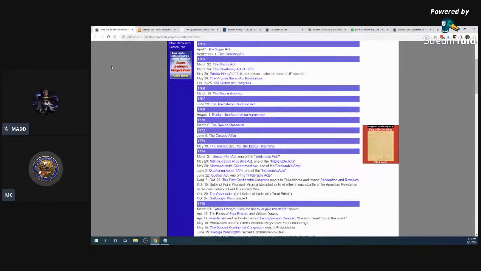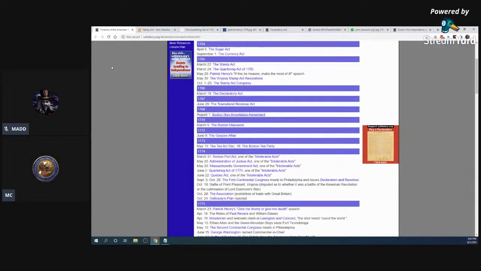Now this was obviously going to create a problem if you have British troops there to protect, but at the same time also prevent expansion toward the west. So these became major issues, but the Stamp Act especially created a situation where you end up with